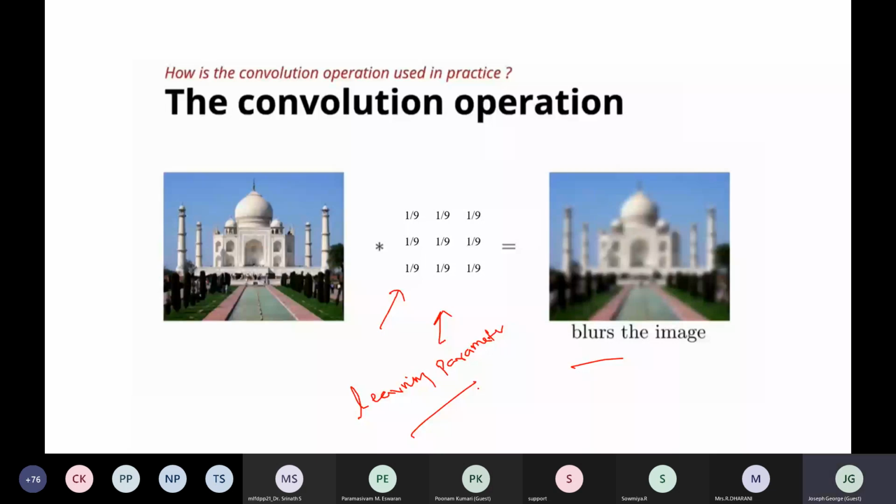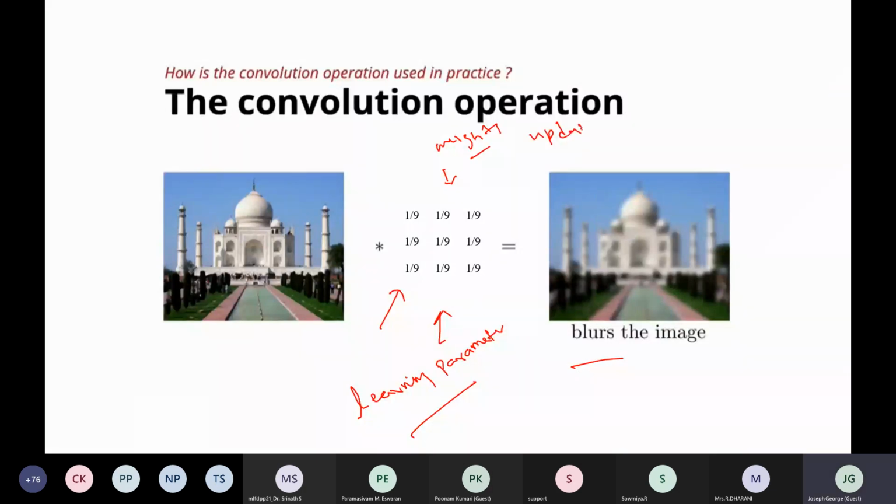Initially, while we are doing this convolution operation for the first time, doing a feed forward pass, the weights of this kernel will be assigned randomly. After predicting on the image, if there is any loss, then during back propagation, these weights will be updated.